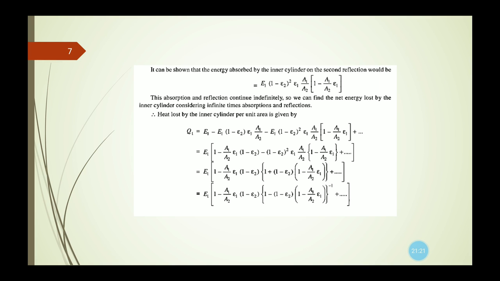Now, if we calculate the heat lost by the inner cylinder per unit area, what will it be? This will be based on the absorbed and reflected terms that we have just now discussed in between these two concentric cylinders. If we write this equation for the heat loss by the inner cylinder per unit area, then we can represent it like this, which we can see here in this presentation. So after two or three different steps,